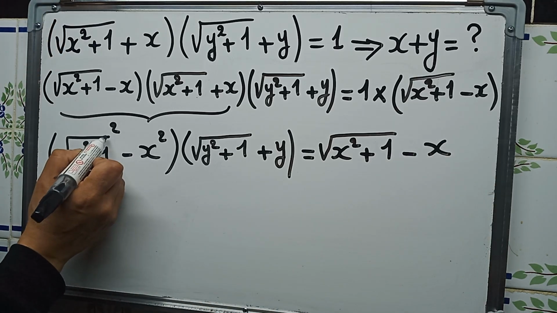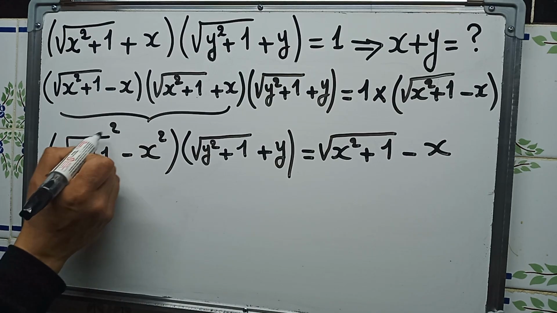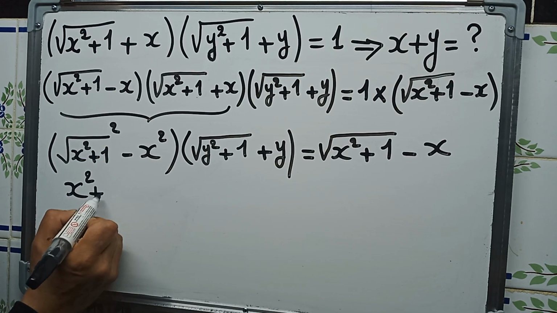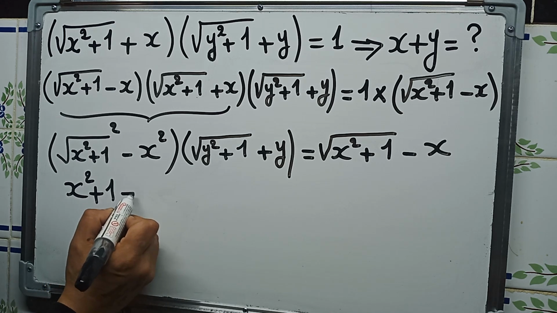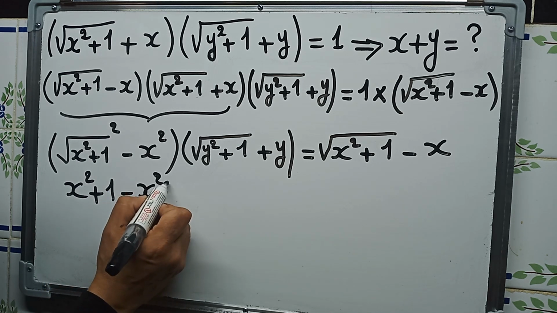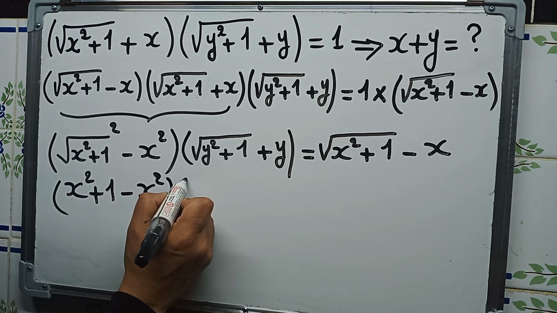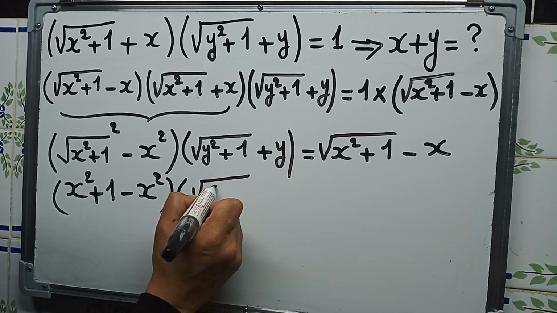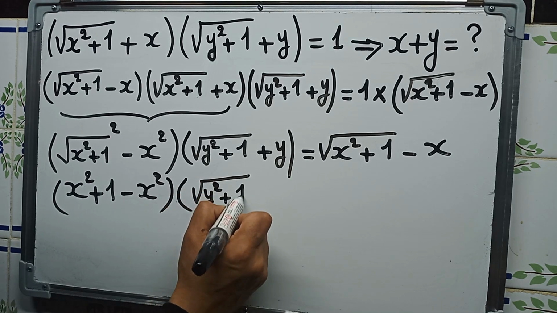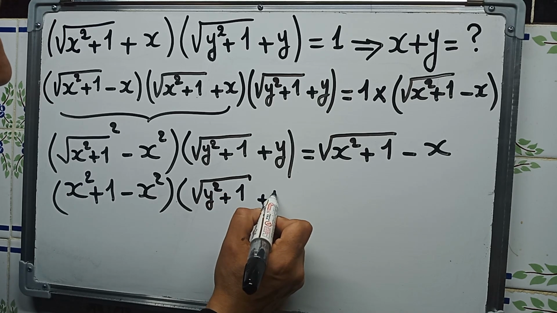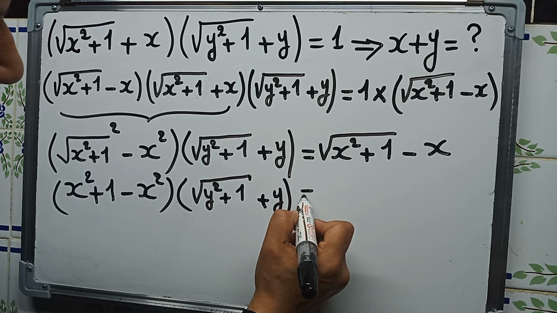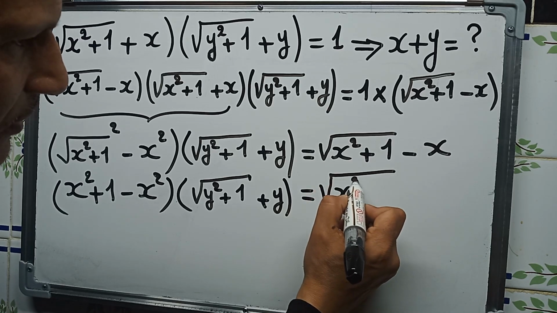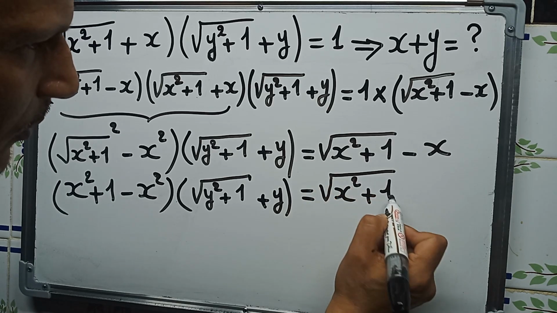Here you see the square root will cancel with the square, so we will have x squared plus 1 minus x squared times square root of y squared plus 1 plus y is equal to square root of x squared plus 1